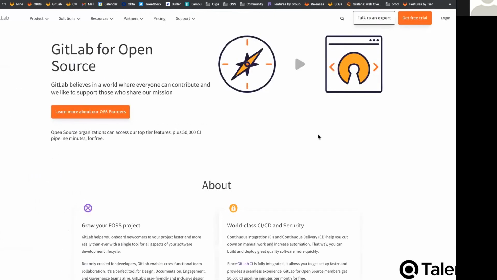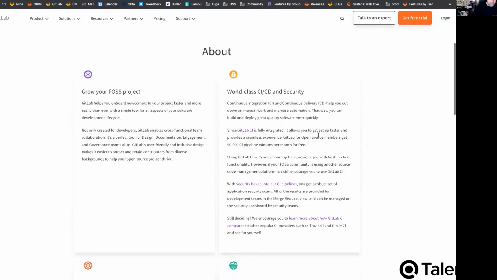And the other thing I want to mention, earlier is when you're expanding your project, for example, in a group, and you say you're developing an awesome tool in the open with an open source license, your group or your project can apply to the open source program, and get access to more CI minutes when you build complex pipelines, when you want to leverage security features and everything else, you can apply for the open source